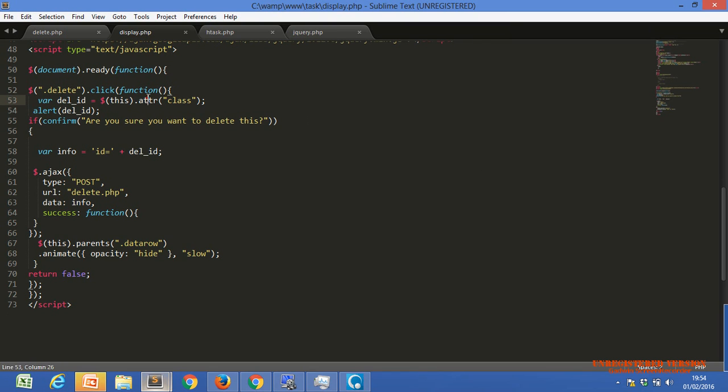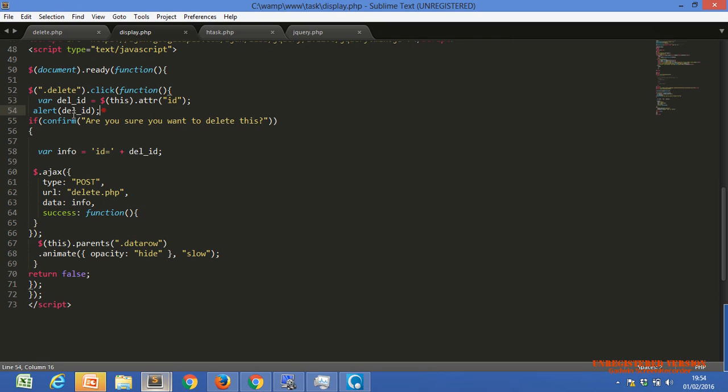With the help of the attr function, we can get the class name, the ID name, and the name value also. Now you get the working of attr. If we write id here, it will return the value of id. If we write class, it will return the value of class. And if we write name, then the value of name also.